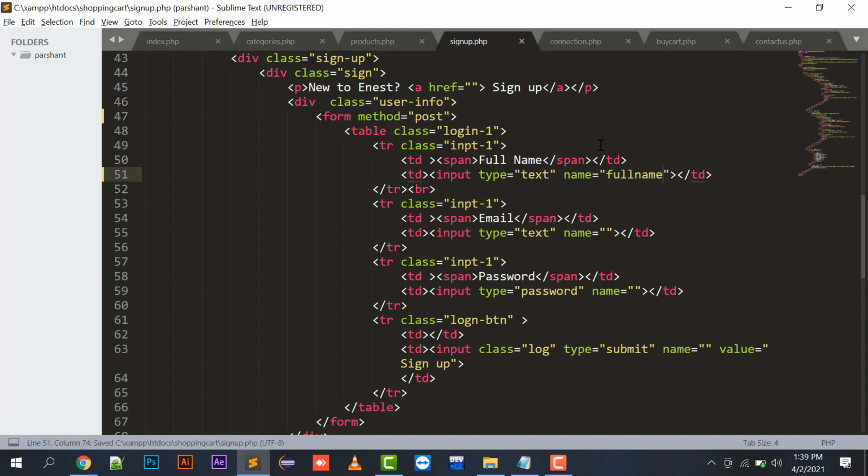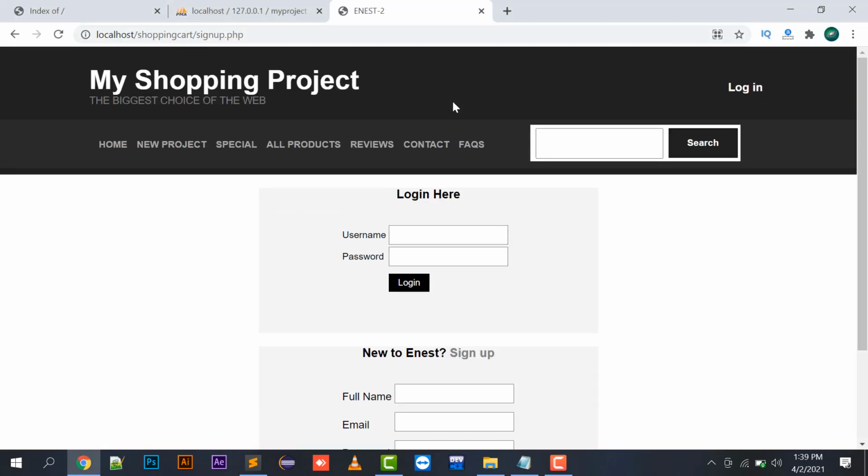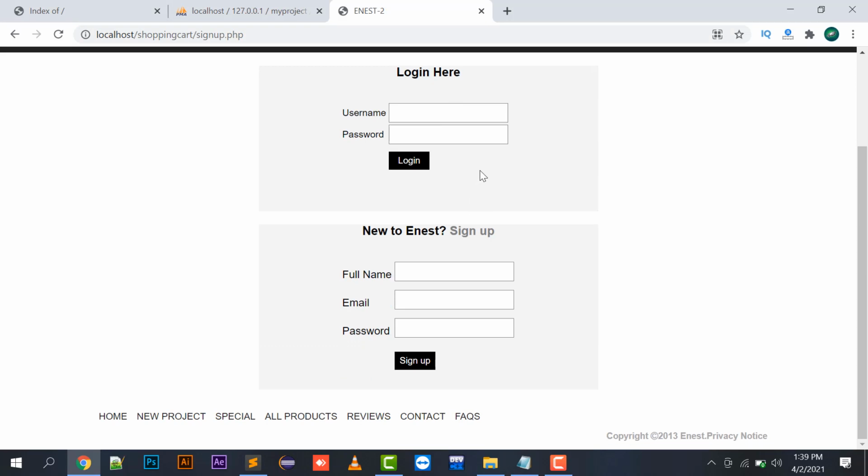I will input type text, the full name, I have given this name, and the email, because as you know, every text box which I have to submit should have some name, only then will it save a value. Now the save register, or you can say the sign up form. So sign up, because we have two forms on my one page.